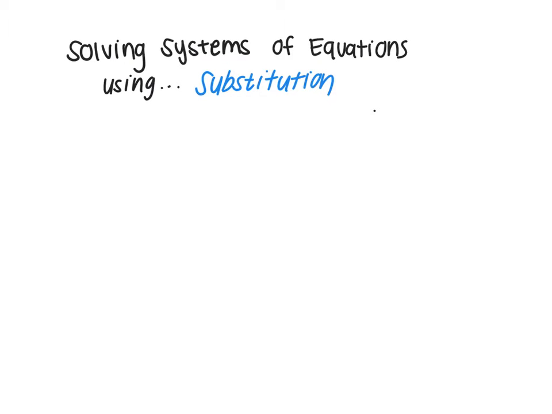Hi everyone, so right now I'm going to go over how we can solve two systems of equations using substitution. So a simple example would be, say we are given the equation 1, x equals 5, and the second equation 2, y equals 2x minus 3. Well, because we already know that x equals 5, we can substitute